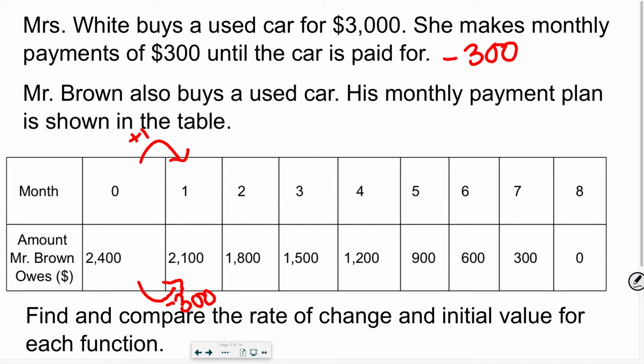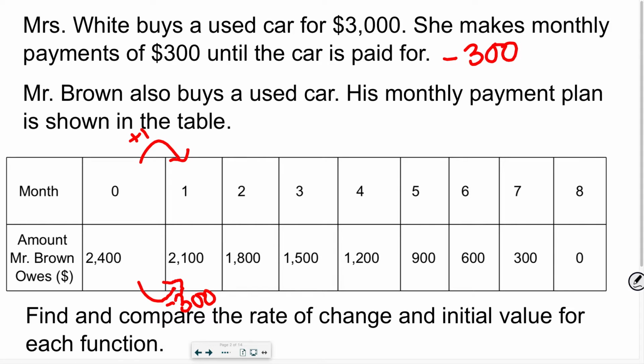In the context of this scenario, take a look at this table. It's not just the money he owes, what else is represented here? What does the zero mean? It's the X, which means what here? So what did Mr. Brown do? Based on just that coordinate, X of 0, or month is 0, and the amount that he owes is 2,400. What did he do? He needs to owe $2,400